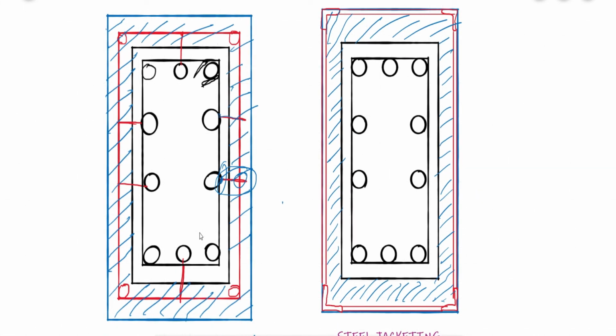Later here I will provide some encasement. I am going to provide that shuttering formwork, and later simply infill the grouting here. So that will help in increasing the cross section and additional reinforcement of the column.